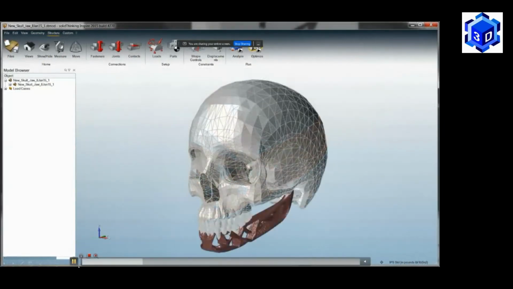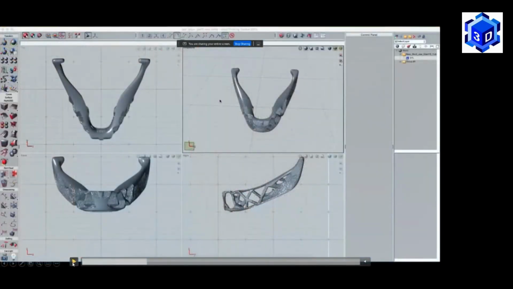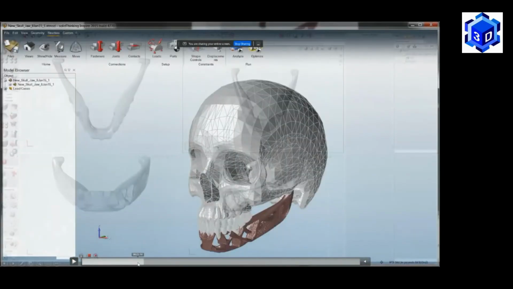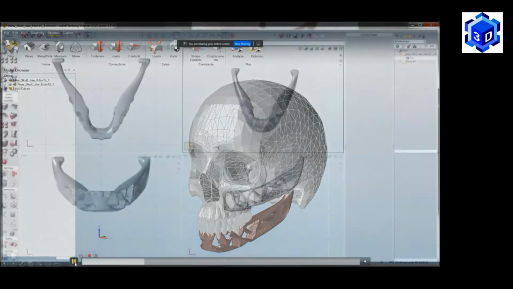Wherever the load is more, it will try to create the object in a much denser way. So you'll see that this side has much denser members, whereas in the center there is a lot of space. So once you get that design optimized, you can reconstruct,